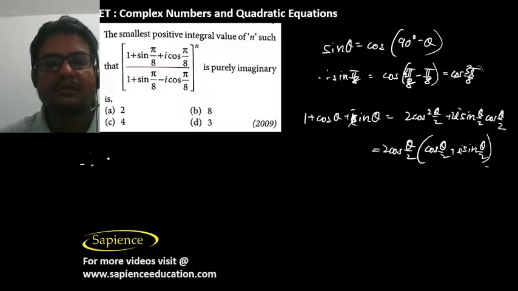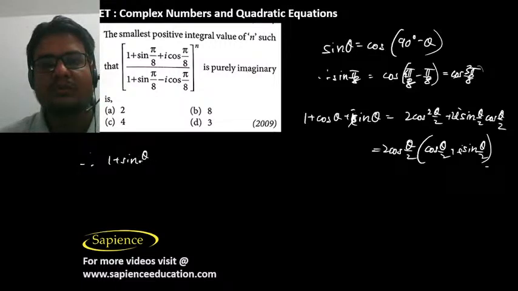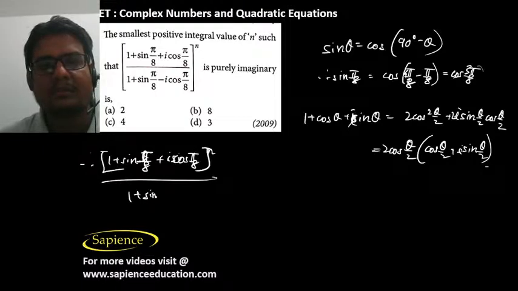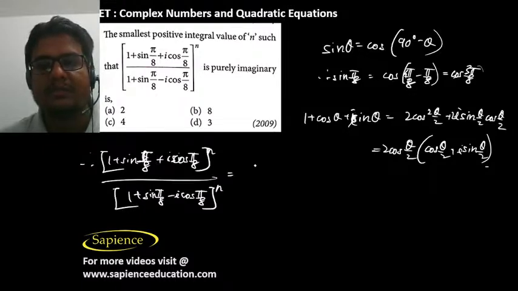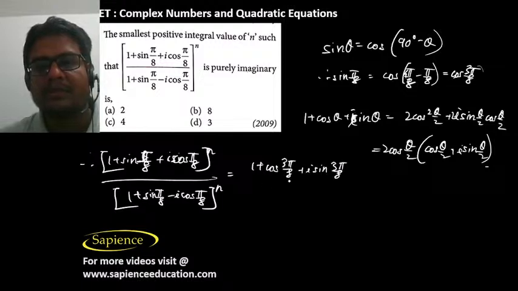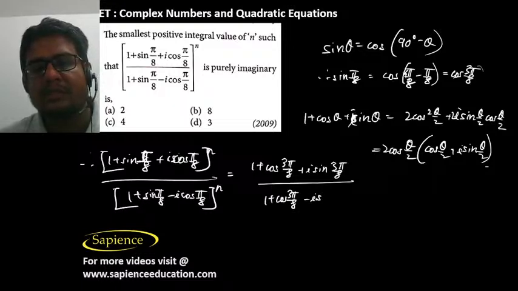So therefore (1 plus sin pi by 8 plus i cos pi by 8) whole power n divided by (1 plus sin pi by 8 plus i cos pi by 8) whole power n. This can be written as (1 plus cos 3 pi by 8 plus i sin 3 pi by 8) divided by (1 plus cos 3 pi by 8 minus i sin 3 pi by 8)